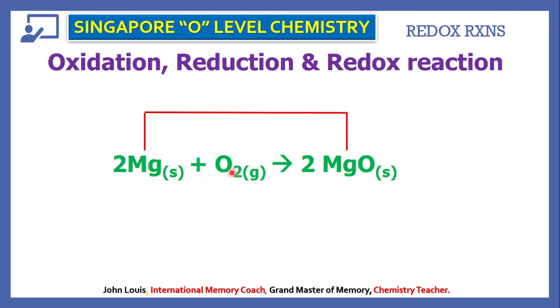Magnesium plus oxygen gives magnesium oxide. So magnesium is converted into magnesium oxide by what? By oxygen. See, oxygen causes that magnesium to get oxidized to magnesium oxide. Therefore, oxygen is the oxidizing agent. But no other product is formed here, isn't it? So can you predict whether oxygen has undergone reduction or not, with the definition we have already learned?